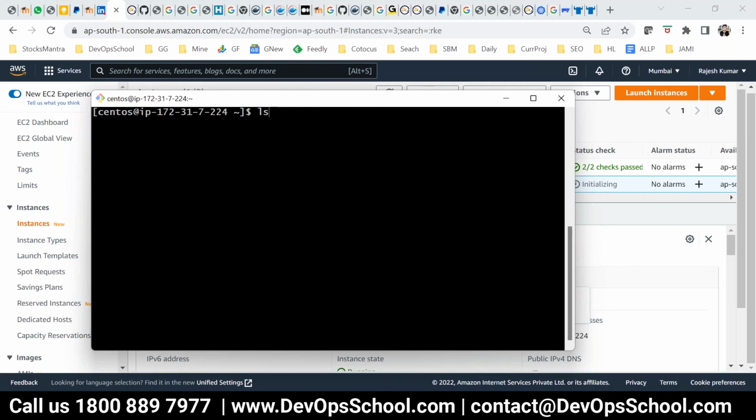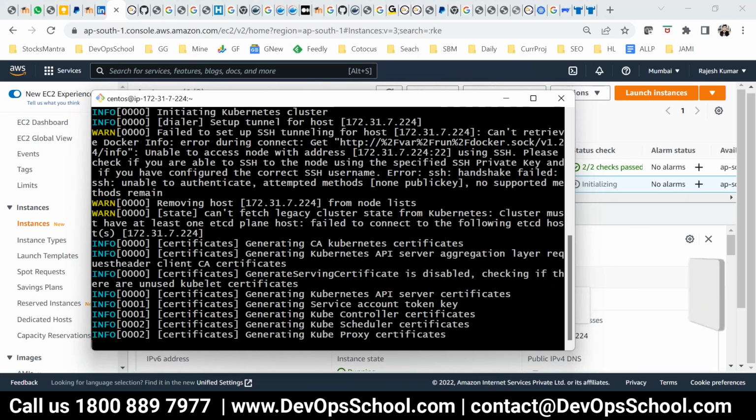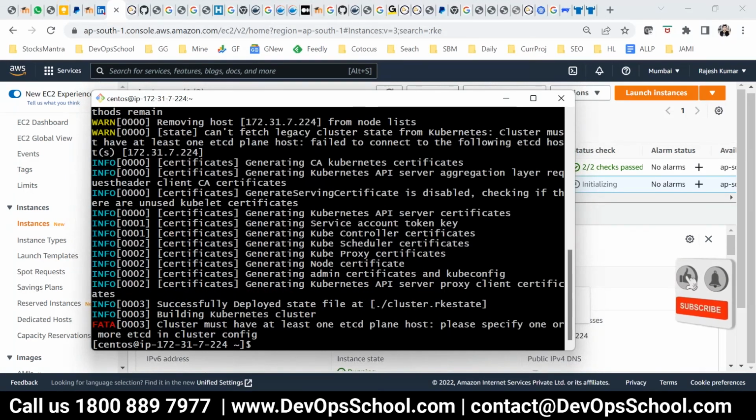That's all. So this work I completed. After that, I am going to run the command which is rke up. This will create a cluster for you. That's all. Now there's some problem, and the problem is